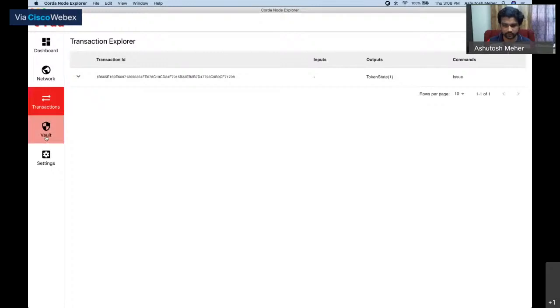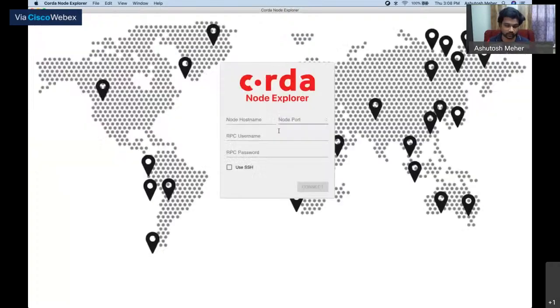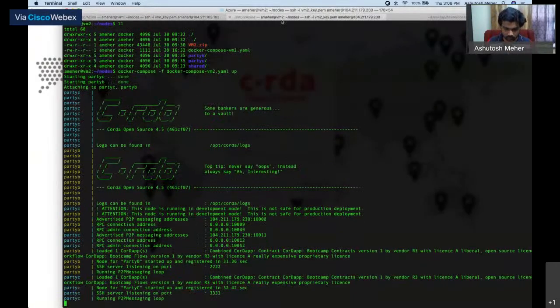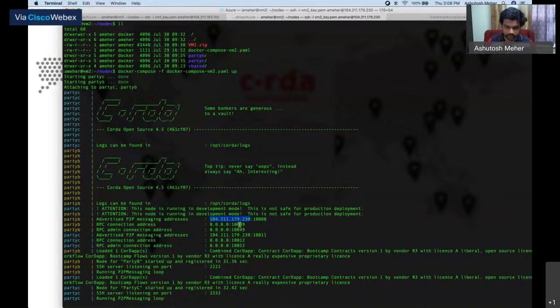And we can show that the transaction has actually been committed, and you could see that you have this particular state available on your vault. Let me just prove that to you by logging into party B as well. And here we go, that's party B. The port is 10,009.